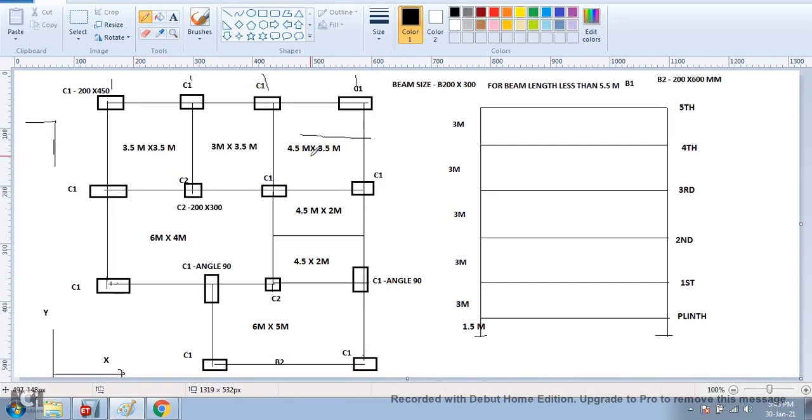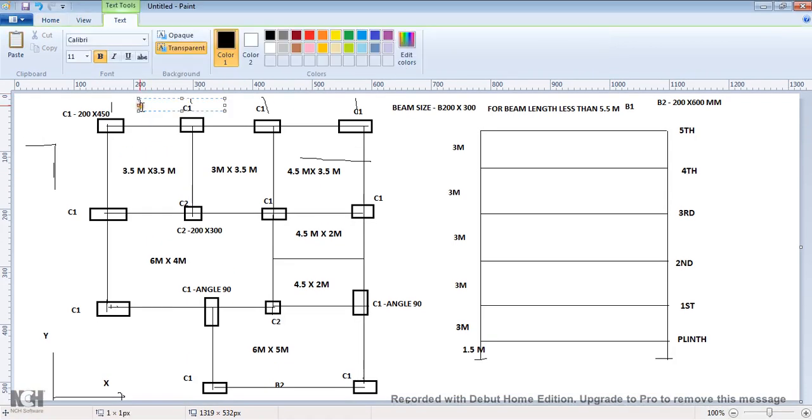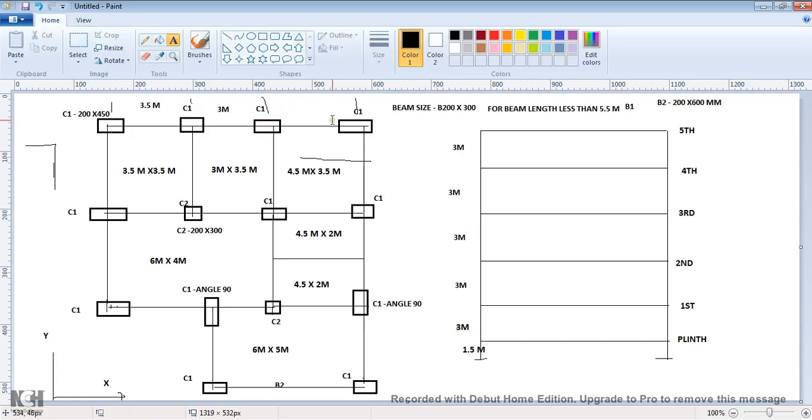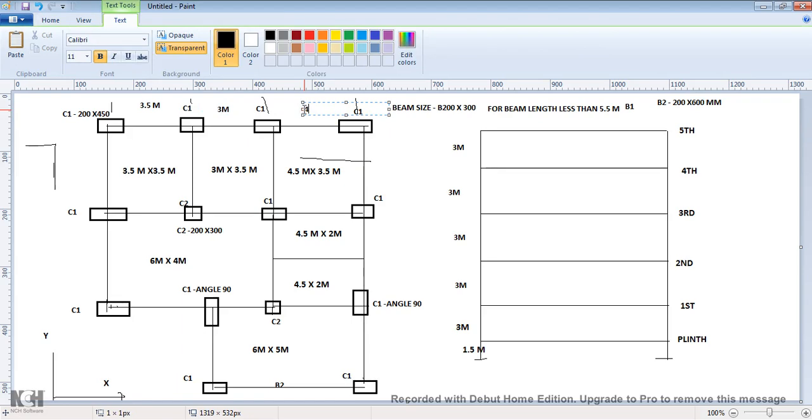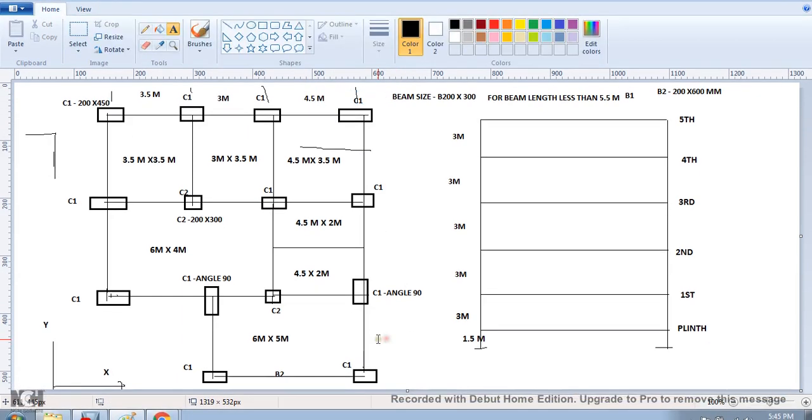Now what I am doing is, this distance, A to B distance, is 3.5 meter. Next one is 3 meter, next 3 meter. Next one is 4.5, 4.5 meter. Now we have to come from the bottom.